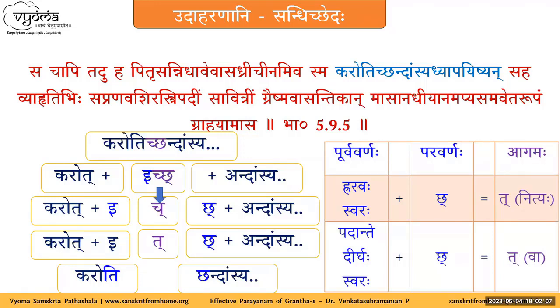In the Che cha sutra, we have the chakara. Cha means also. So, are there any other conditions which can give rise to Tugagama Sandhi? In the sense? No, Che cha is the sutra now, sir. Yes, true. If Hrasva or Dirgha swaras are followed by Chakara, then we get Tugagama. The Cha indicates what? No, Che, Cha. Cha also there. So there are two Cha. Oh, Che and Cha. Okay.